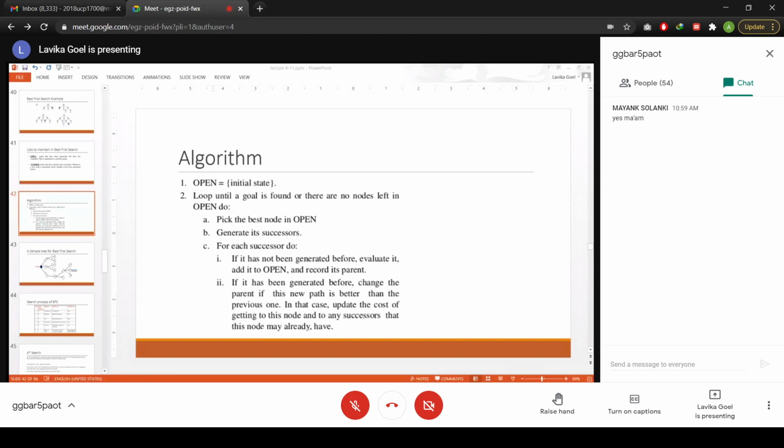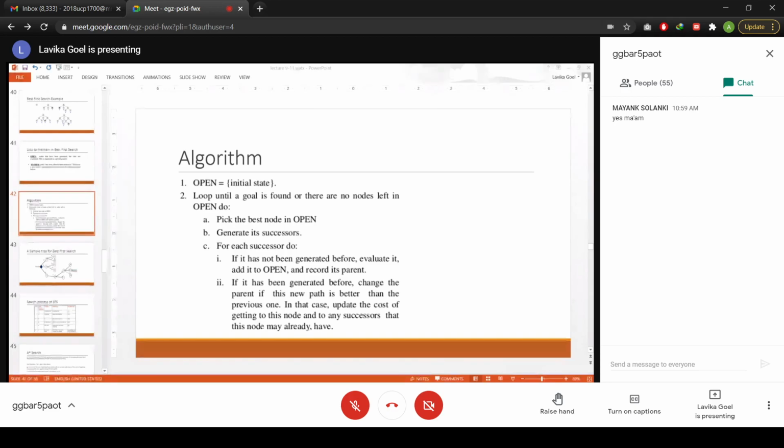But in the next algorithm, that is the A star search, we will be using the cost function as a combination of the cost of the initial state to the current state plus the cost of the current to the goal state. So basically it will be taking care of the paths also. So if some particular node is duplicate, then it will use the other cost function to find out which path is better. So that is taken care of in the A star search algorithm.